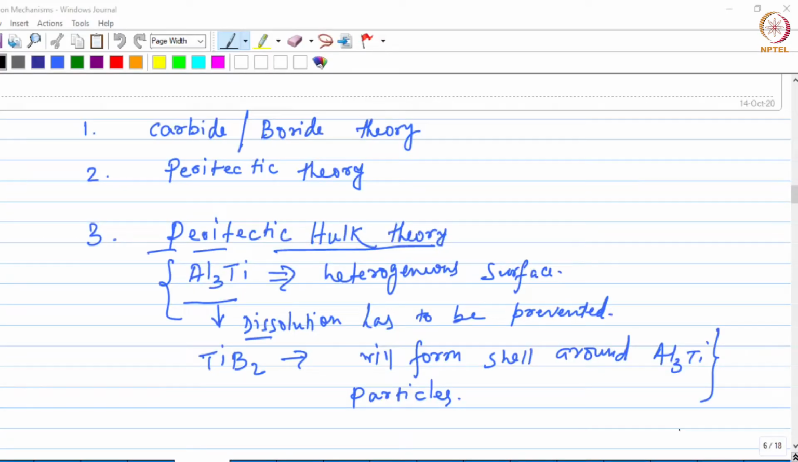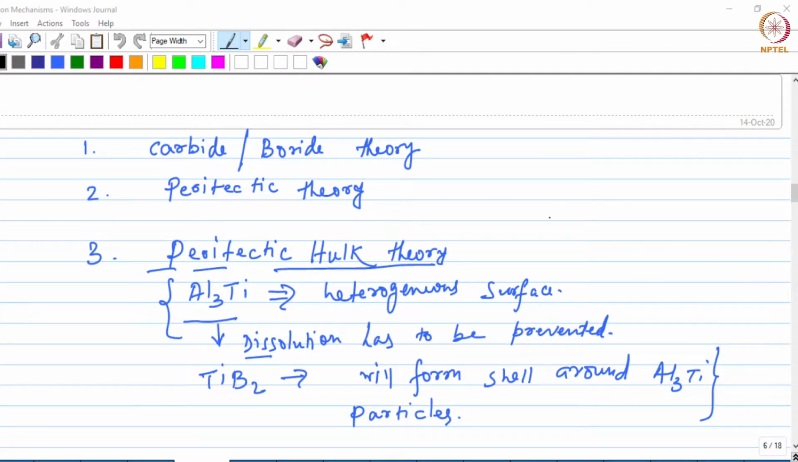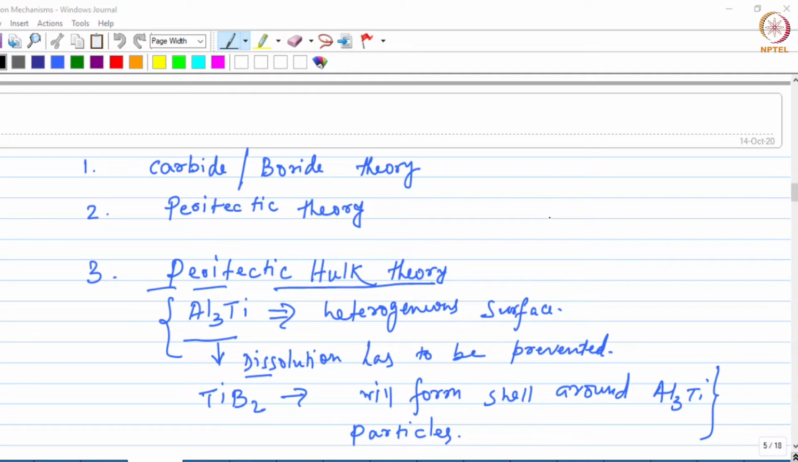Hello everyone and welcome back once again to this lecture series on aluminum based alloys and metal matrix composites. So we have been discussing the different mechanisms of grain refinement during the melt inoculation process. So far we have discussed 4 different mechanisms through which heterogeneous nucleation occurs